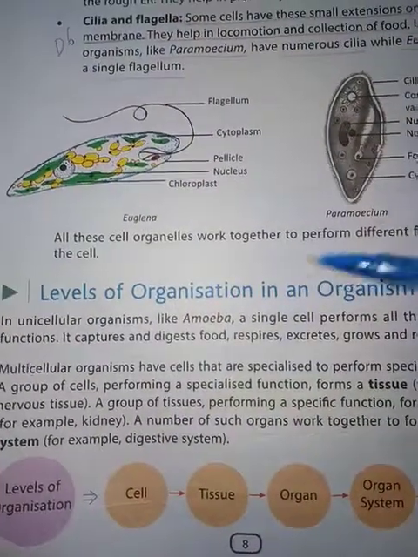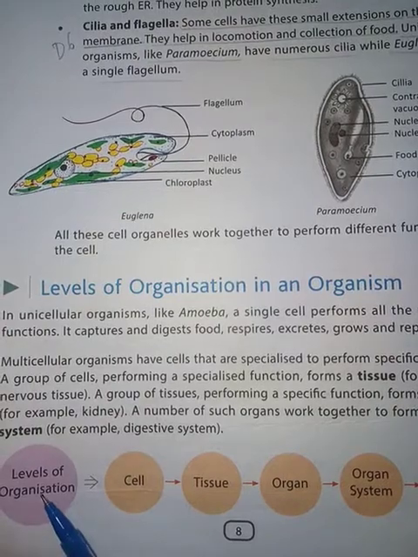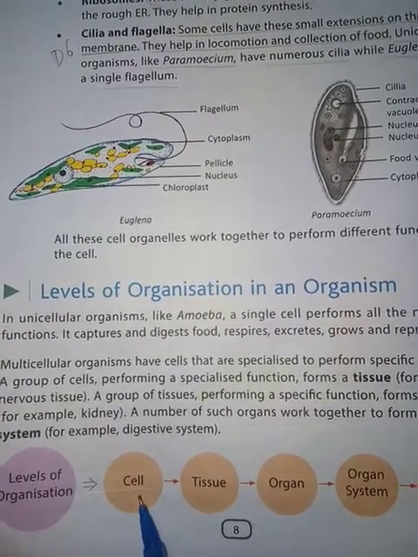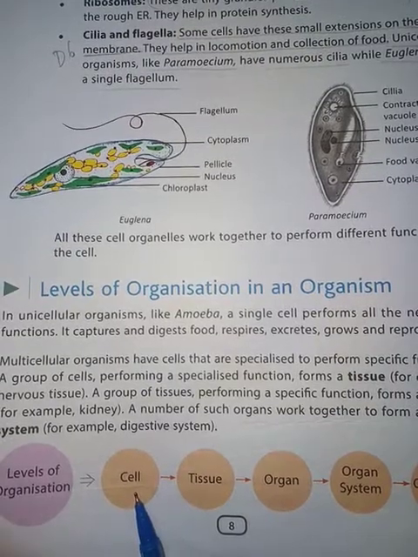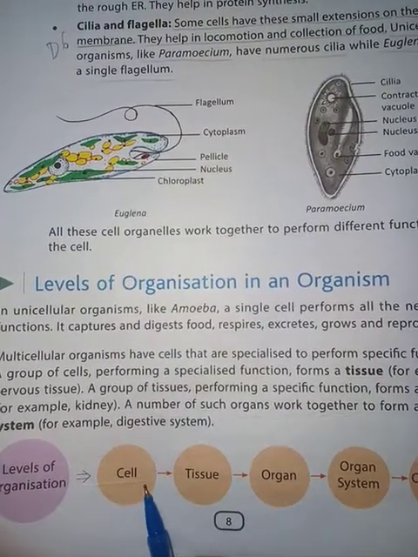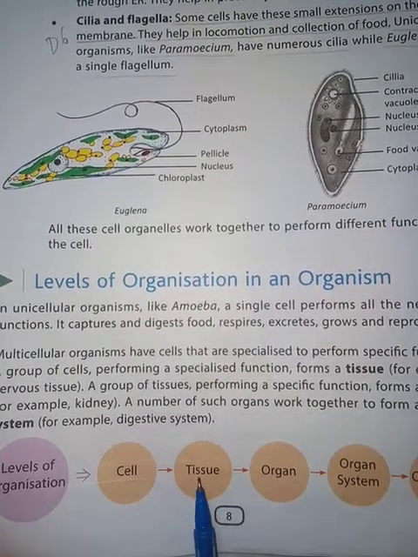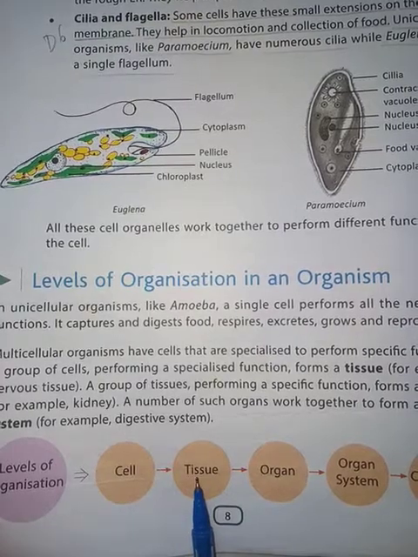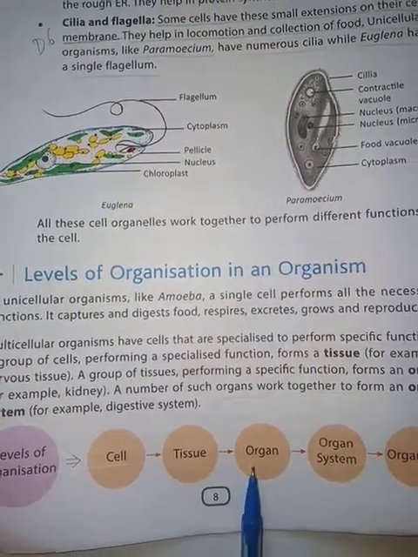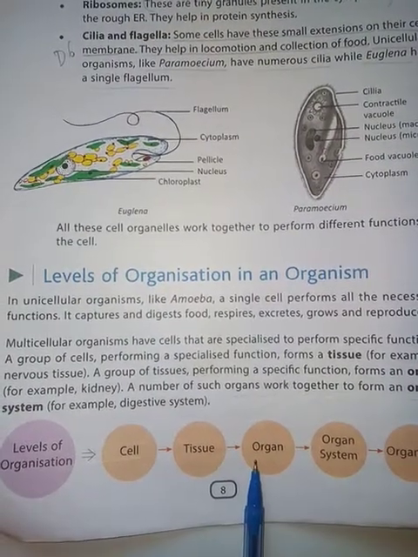Next are levels of organization in an organism. If we look at the levels of organization, we have cell. Cell is the basic structural and functional unit of all living organisms, and when similar cells group together to perform some specialized function, we call them tissue. Then tissues group together and perform some specific function, and they are known as organ, like stomach, small intestine, large